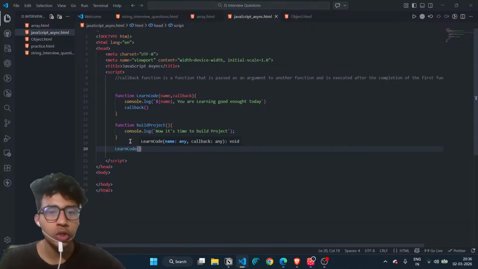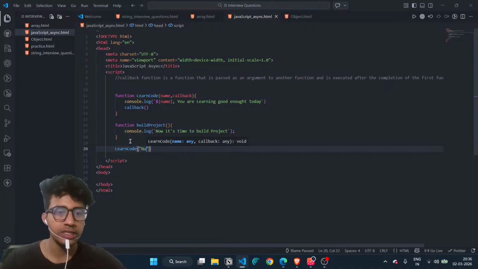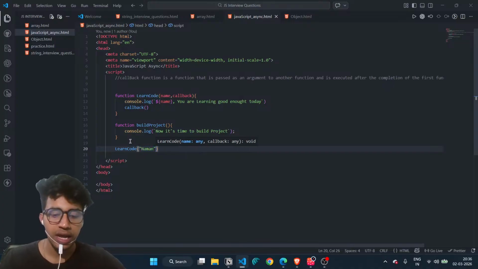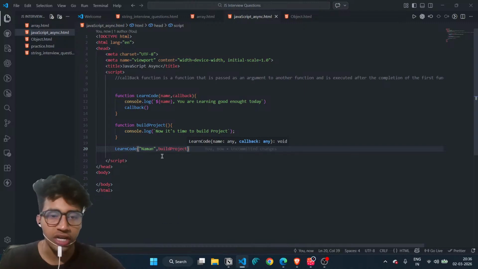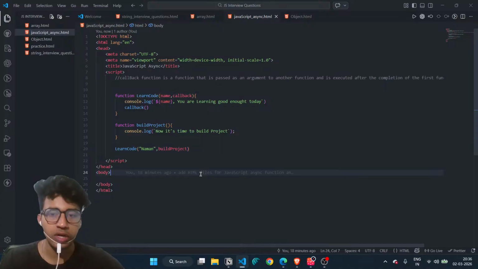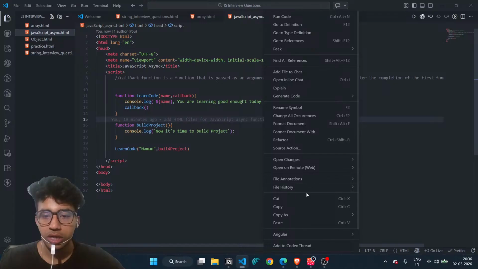and we have just passed the two arguments. The first argument is just passing a name, and the second, I just need to pass the function. So I just pass the function. We do not call it, we just pass the function, and in there we call this function. So I just simply go to my